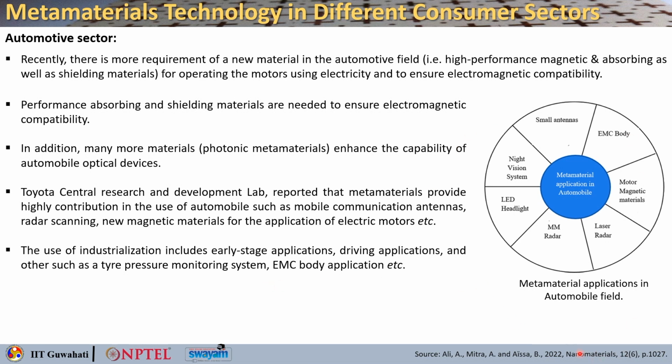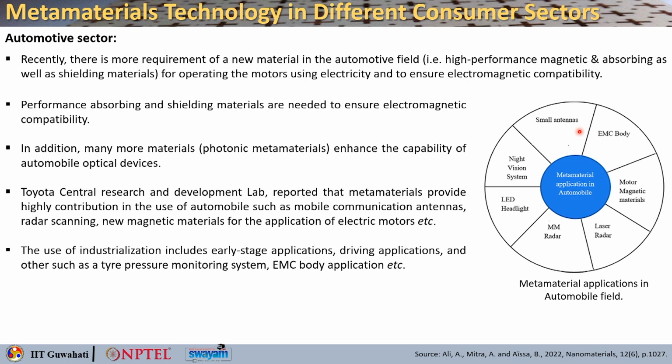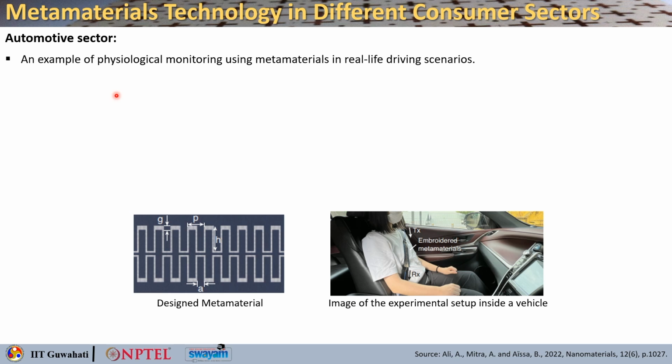So, if you want to see the overall view of where metamaterials feature in the automobile field, you can say that they come under radar, laser radar, motor magnetic materials, EMC body, then small antennas, night vision system, LED headlight. So, these are the different places in the automotive sector where metamaterials are going to play a very important role. One example of metamaterials can be towards